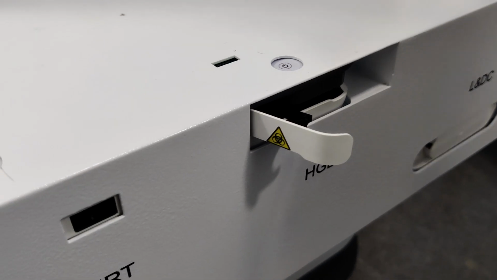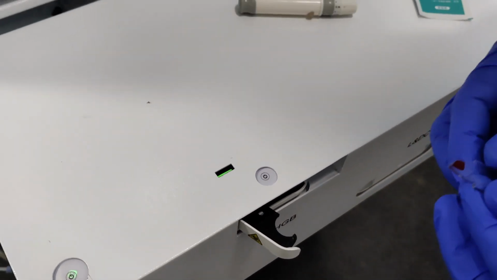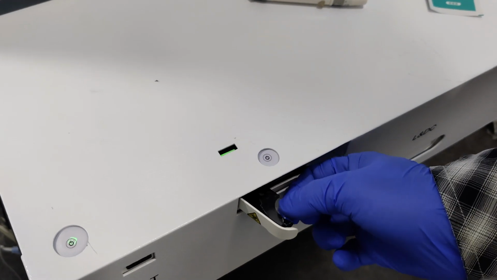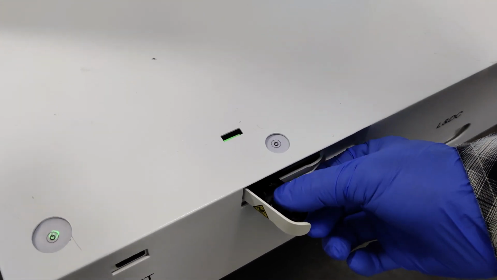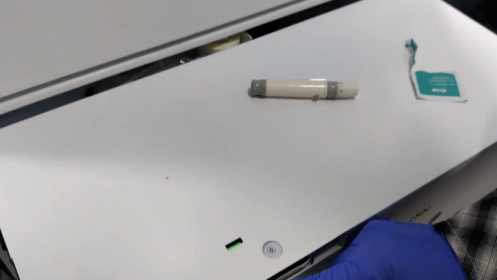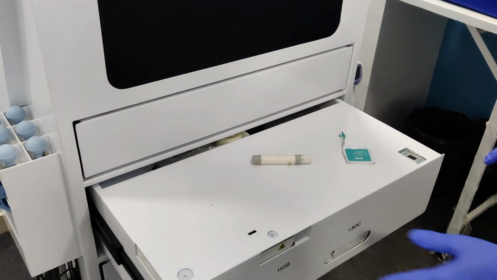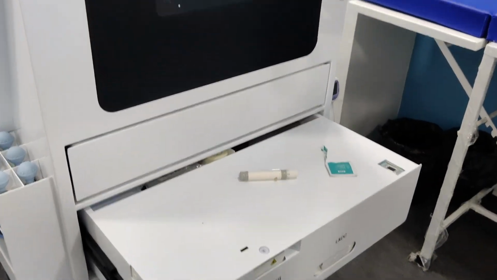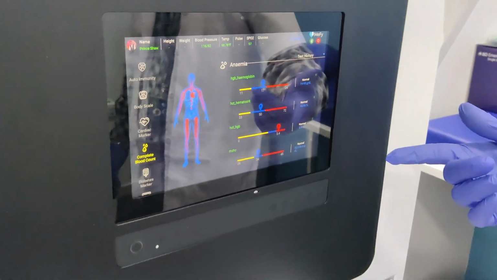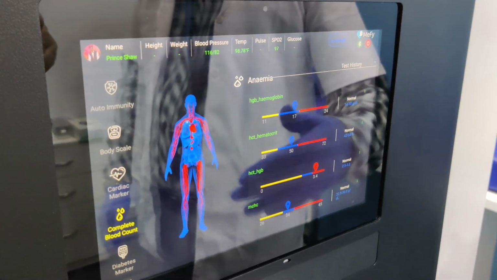So let's click on start here. Then I'll put the microfluidic chip inside here. It's fitted. Now I'll just close it, and testing is in progress, and here you get the results. So it's hardly 4 seconds to get your anemia test results on the screen.